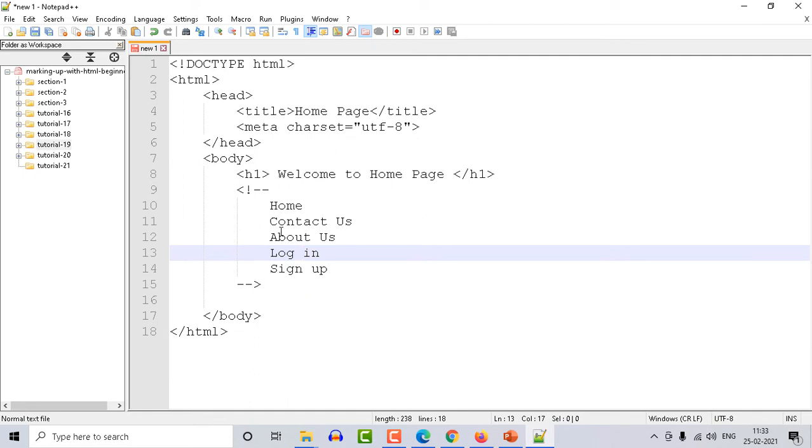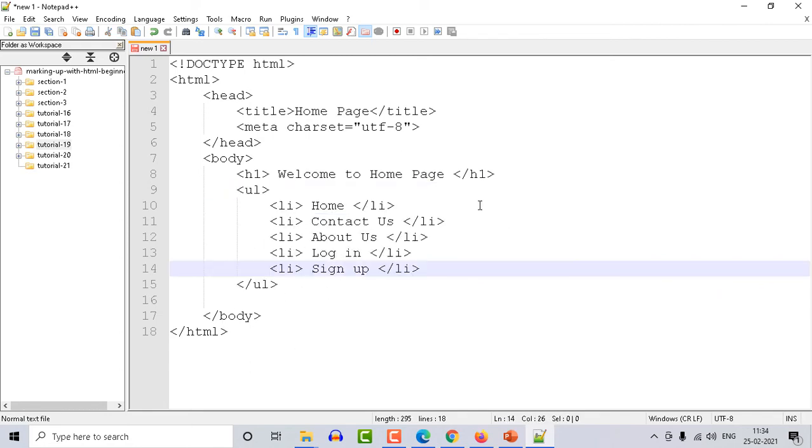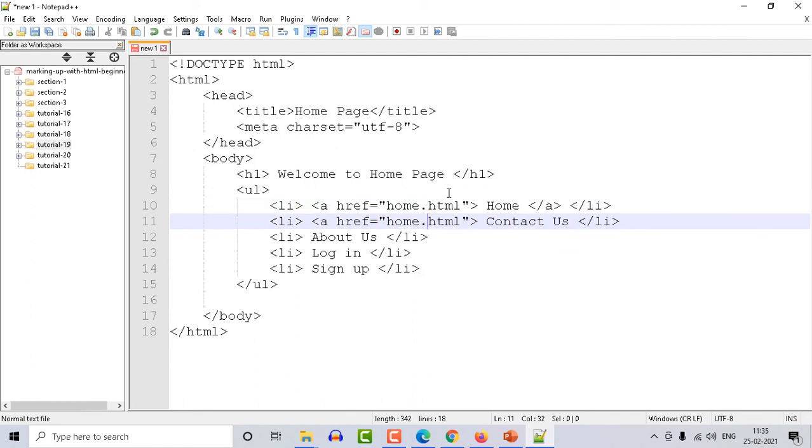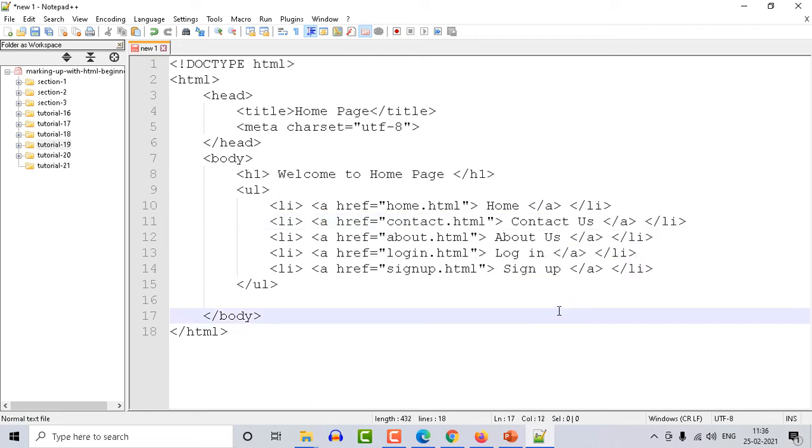Definitely, because I want 5 pages, I want 5 links. So let me create a UL for this and then we will continue. Okay, fine. So you can see I have created five list items in the UL. And if I save and run this, it is definitely going to show me these list items, but I want them to be hyperlinks, right? So here I will have an anchor tag, which I will open and close. And in the anchor, I will provide the href, and this will point to home.html. Let me fill out these details and then I will show you. Now you can see I have created an unordered list in which I have 5 anchor tags that are referring to 5 different files.